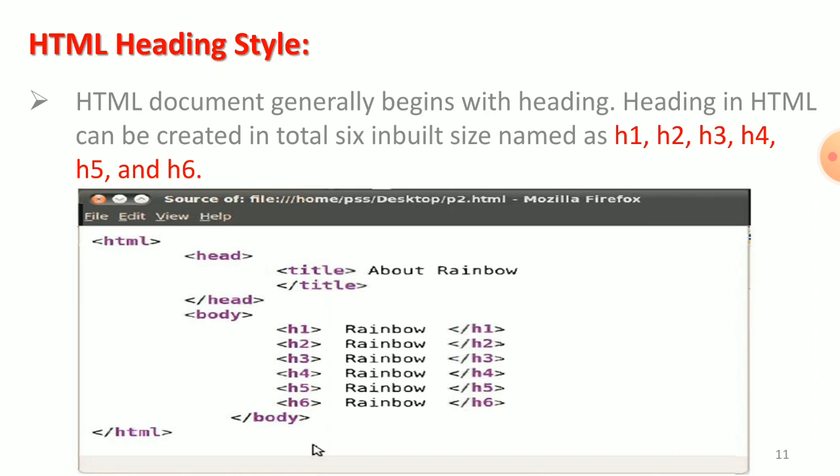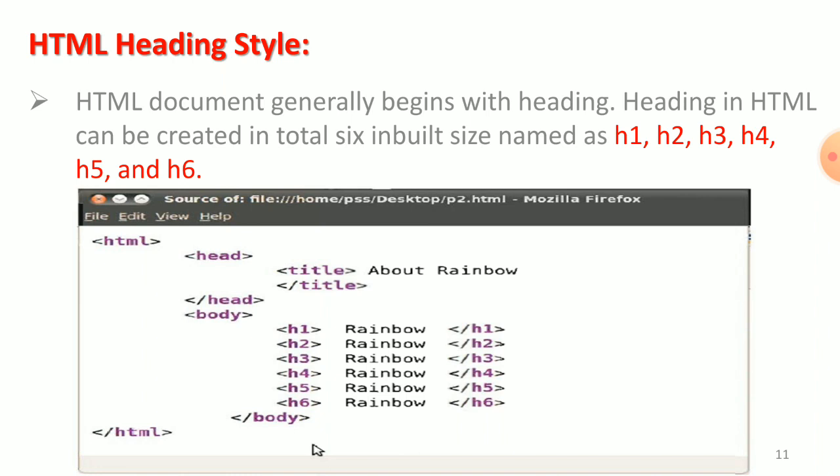H1 is the topmost level of heading style. The contents under the H1 tag are displayed with the biggest font size.